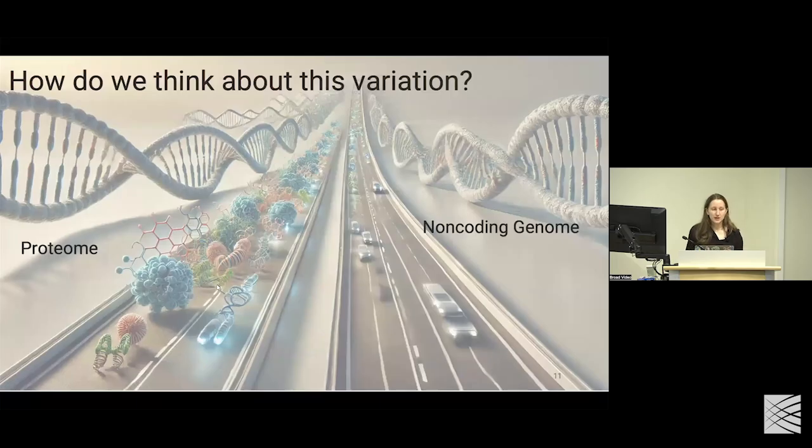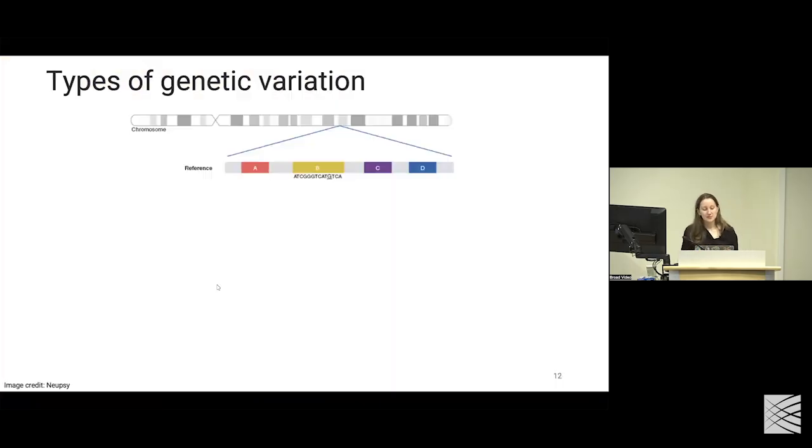So how do we think about this variation generally? I didn't make this, I'm not an artist, this is AI generated. Classically we'll think about things from a proteome perspective, where you have tons of molecules being made, although this doesn't show the magnitude of the difference in distributions of the size of the genome that might produce these things. But the proteome will produce proteins, and the non-coding genome usually won't produce proteins, as we try to define our annotations.